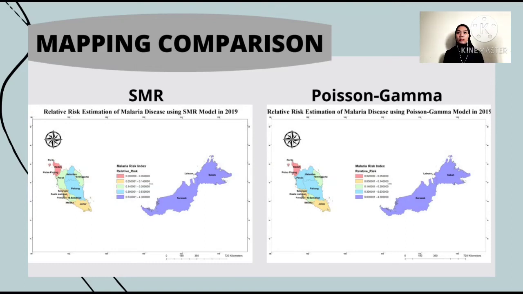As you can see, there is a tiny difference between SMR and Poisson gamma. In the map, with SMR, Perak falls into the category of medium relative risk, while with Poisson gamma it falls into high relative risk